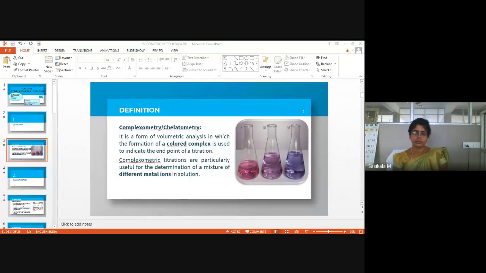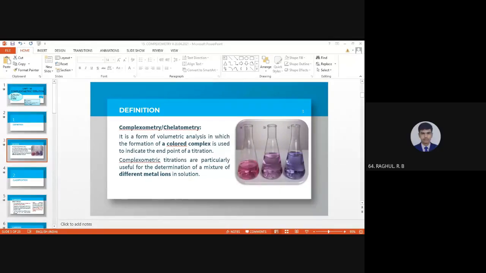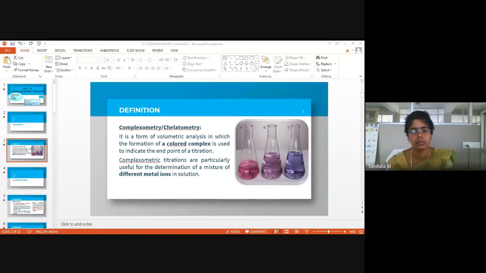Rahul? Halogens. What? Halogens, I didn't get you. For what purpose is acid-base titration used? What class of compounds will be assayed by acid-base titration? At least put your answers in the chat box, no? So nobody is listening to the class then. If you are not cooperating, then I will not continue with the classes. Okay.